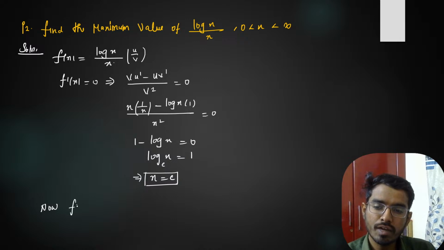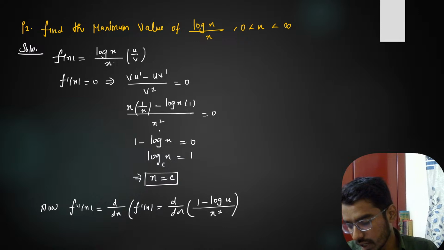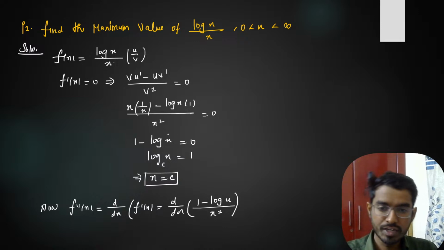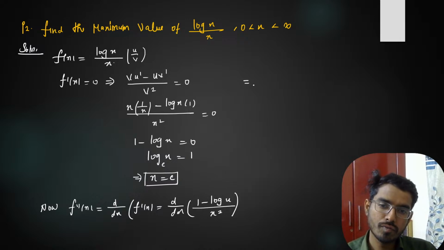Now we will find f double dash of x, right? So d by dx of f dash of x. This is our f dash of x, right? 1 minus log x by x square is our f dash of x. Now we'll differentiate this once again. So we have d by dx of this. So we'll keep x square as it is. Derivative of this is minus 1 by x